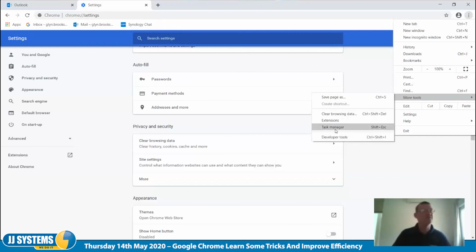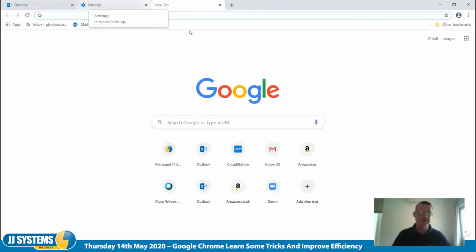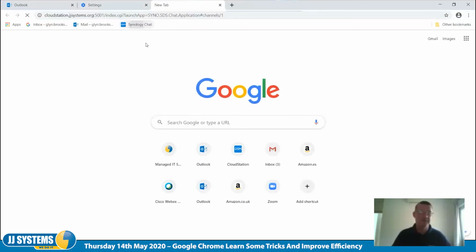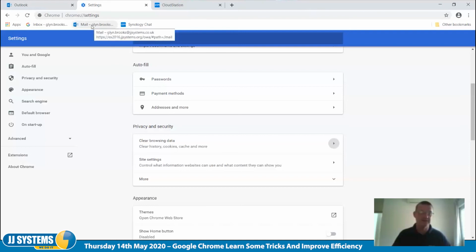Then we have this one. This is really useful, Task Manager. Now, it doesn't sound useful, but if I open up a few things on here, go to Cloud Station and go to, oh no, that'll do. If my computer just seems to be browsing slowly,